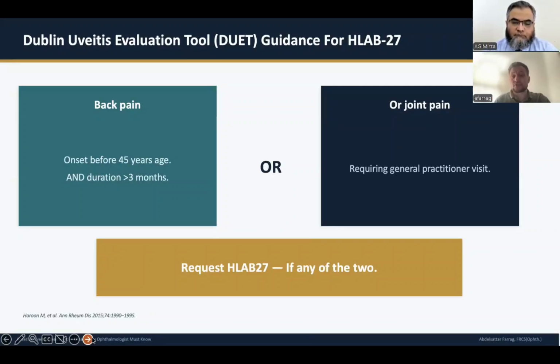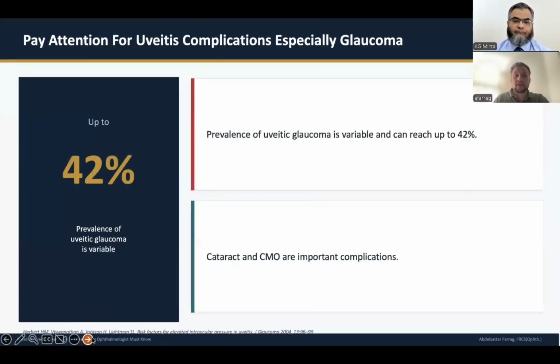It can make a huge difference. I don't request HLA-B27 as a routine, and I am against requesting it as a routine because 8% of the population has a false positive, as 8% of Caucasians have the HLA-B27 gene. Regarding the uveitis